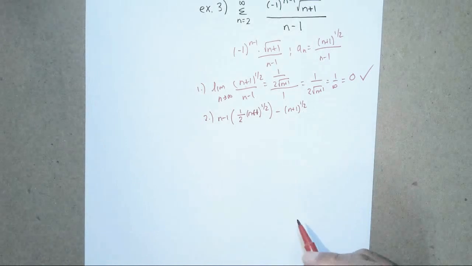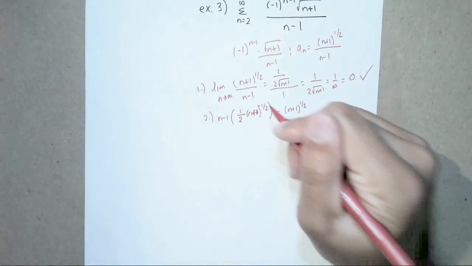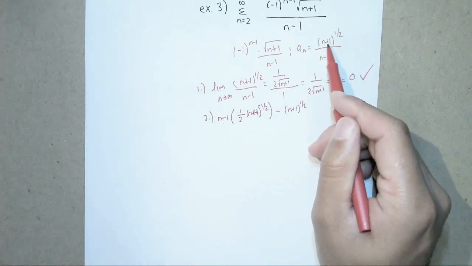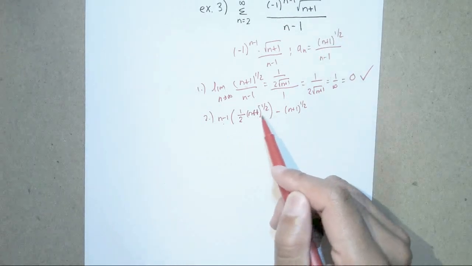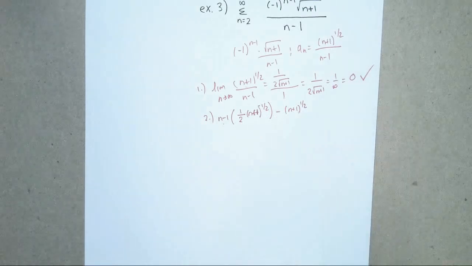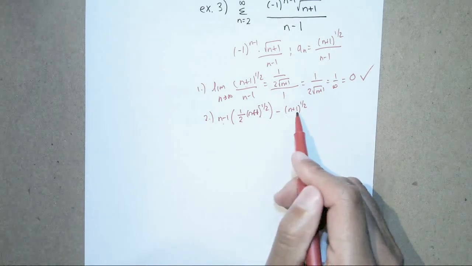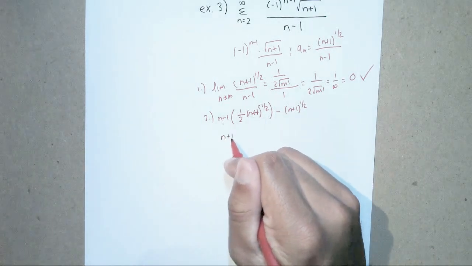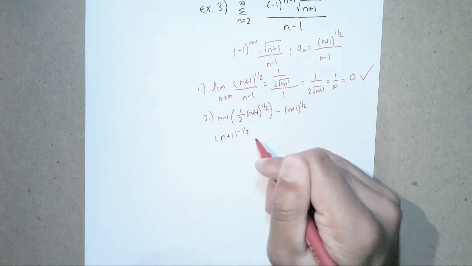And now you have to ask yourself, okay, subtract by 1, I forgot to do that. So low, derivative of the high: bring the half over, keep this the same, subtract by 1, chain rule the inside, but that's just going to give you 1, so I'm not going to write it, minus high, derivative of the low. So then you have to ask yourself, can I factor something out? I can. This is identical to that. So then I'm going to take out n plus 1 to the negative half, and I'm going to be left with